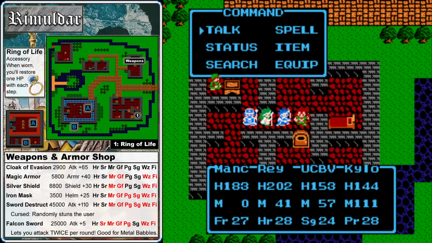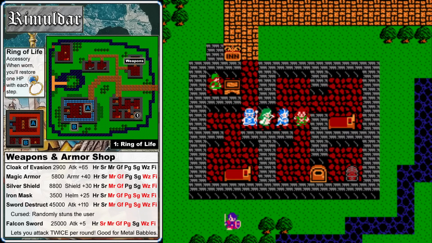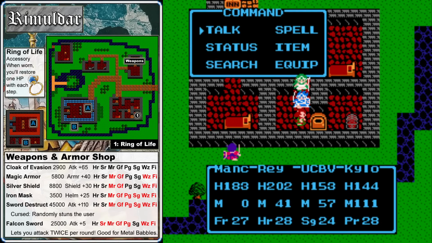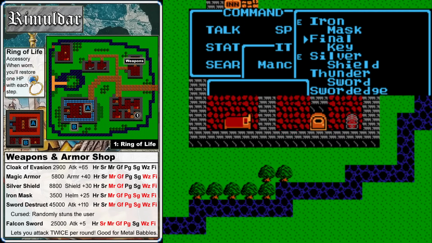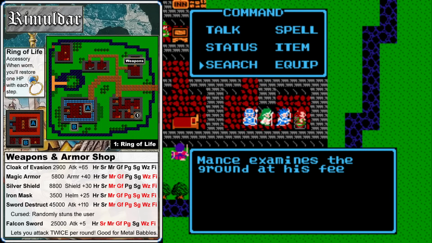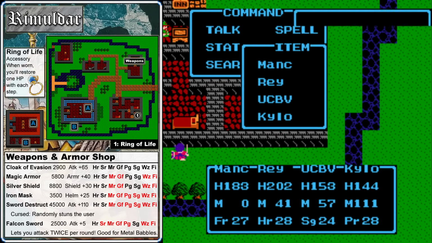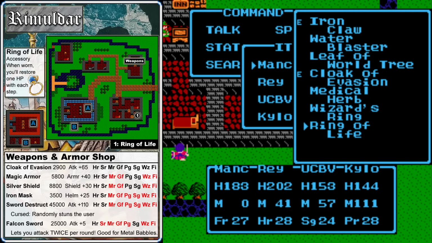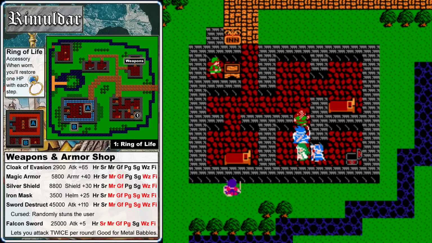in Tantegel, and if we unlock a few doors down here, we'll find a new accessory, the Ring of Life. To equip the Ring of Life, you need to use it as an item from the item menu, and then it will become equipped, and whenever you're equipped with it, that character will get back 1 hit point for every step they take out in the field, so it's not the greatest item in the world, but those extra points